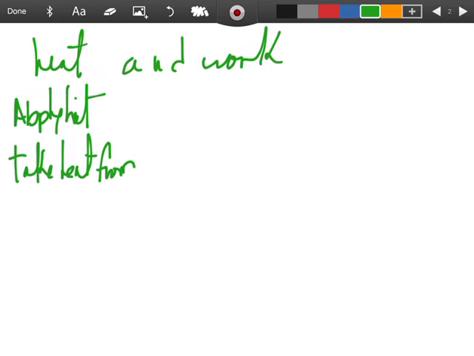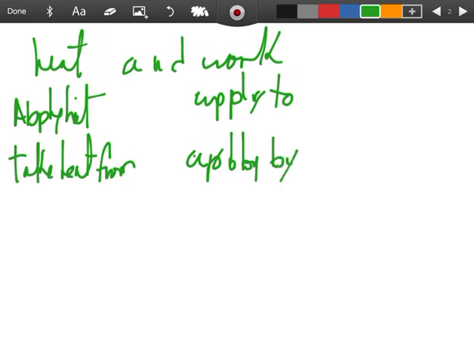And we can also say that we can apply work to the system, or that the system can apply work